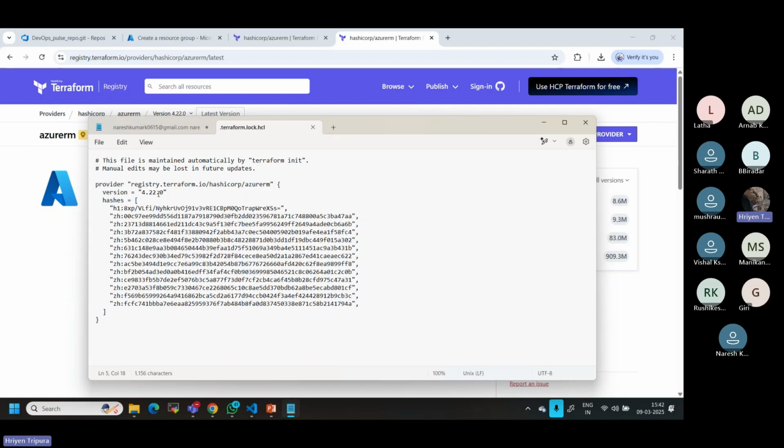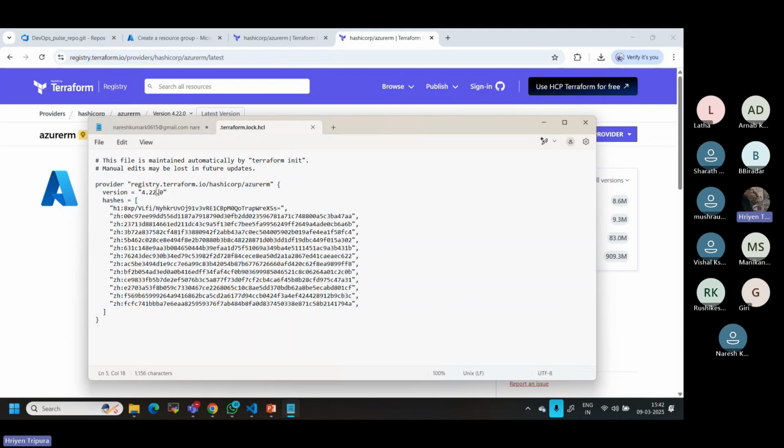It was working last time. Can you check what happened? Then you have to check what the issue is in the application. But if it is a Terraform provider related issue, then you can easily come and see whenever the last Terraform run was done,